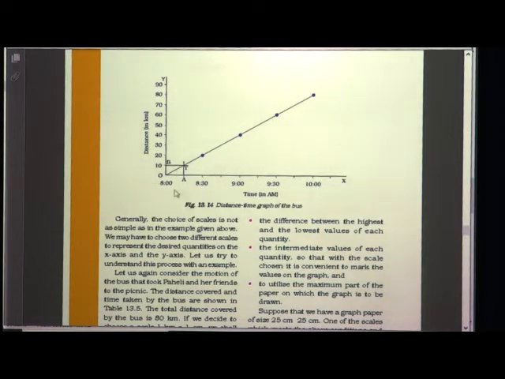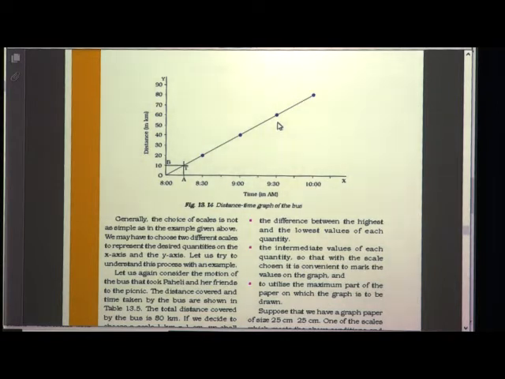So, that is why here also you will get a straight line. And if you do this activity and on your graph paper you do not get a straight line, it means your graph is not correct, it is wrong. So, you are unable to draw a graph by this scale. So, you have to try this, to draw a graph on a graph paper.